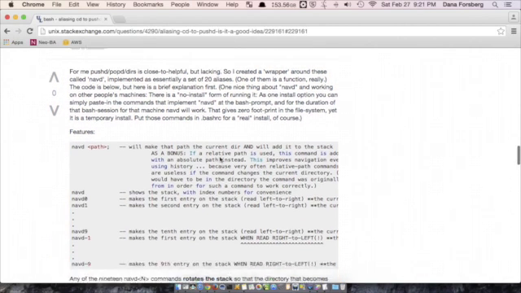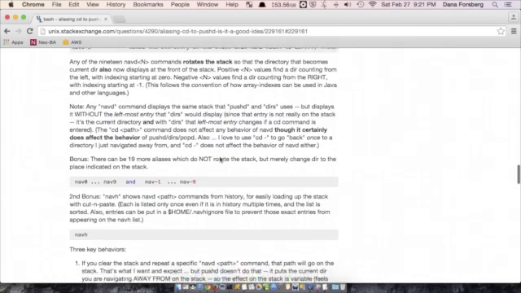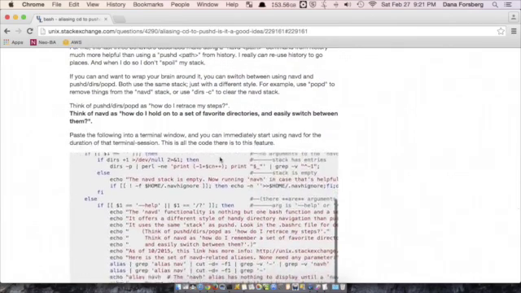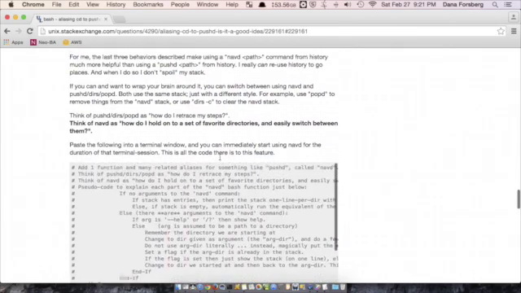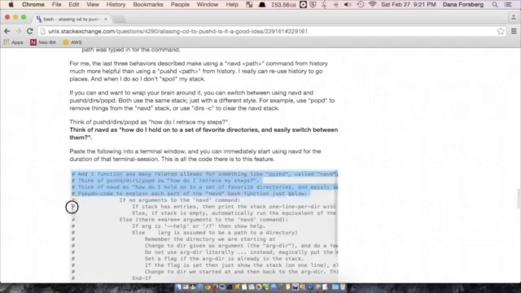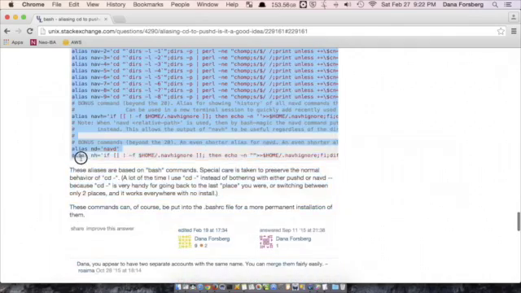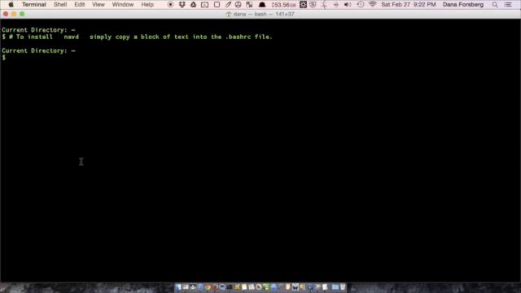And this is an article that explains a lot about it. But really, we just need this block of text. That's all we need. Copy that. Go back to the terminal. We're in our home directory,